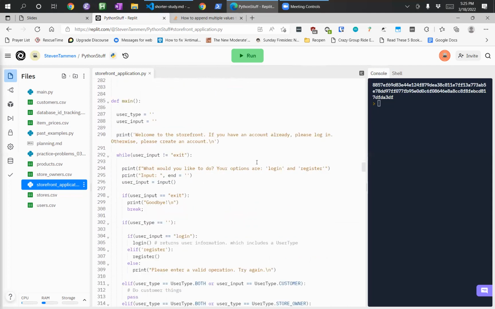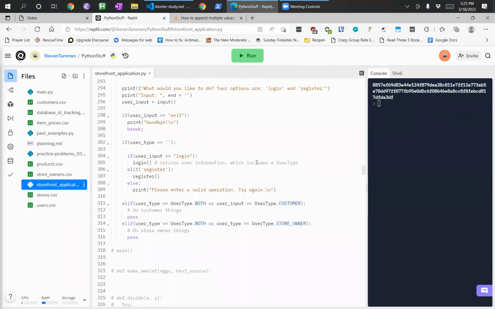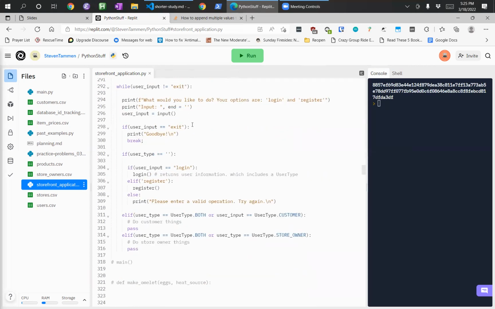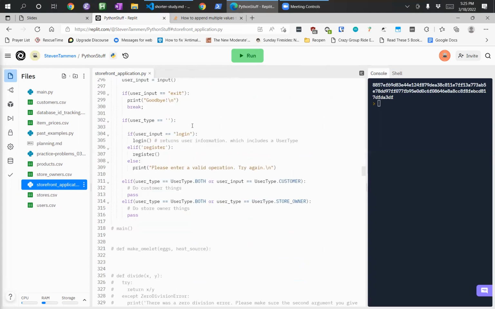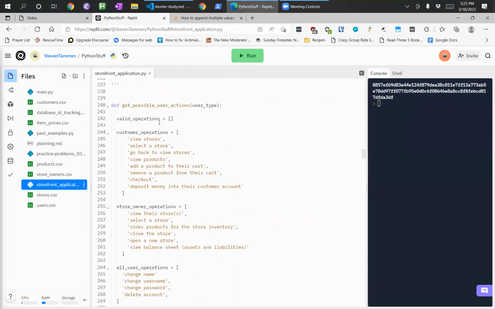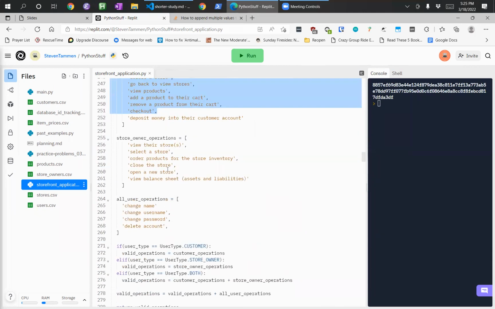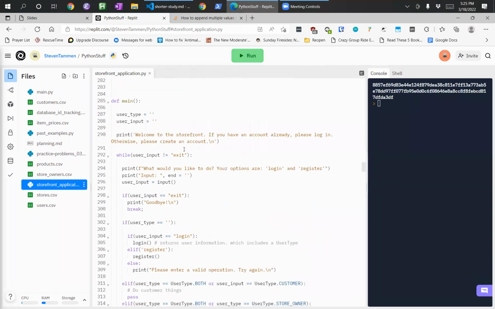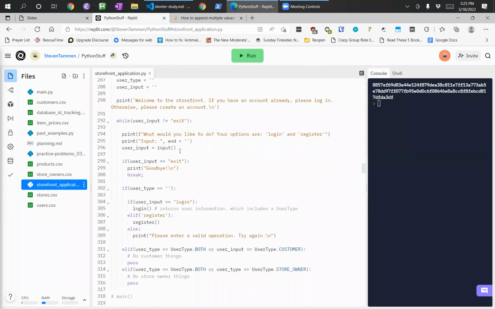Yeah. Okay. So this slightly helps us in terms of what we had here, right? Yeah. Now, this should simplify the logic. Why I had us do this is because this is really straightforward, right? It'll make it really easy for us to maintain over time. Say customers can do these things, store owners can do these things, right? And then eventually we'll write functions for each one of these things. But remember how we were having kind of a hard time figuring out what we wanted to do up front,